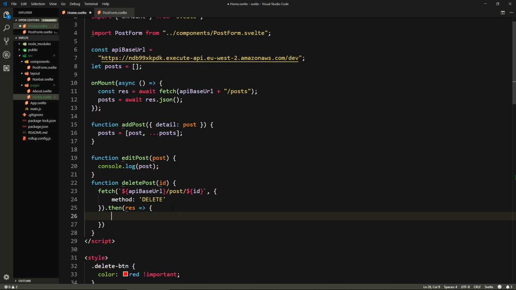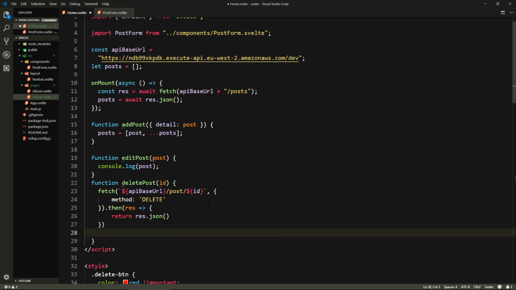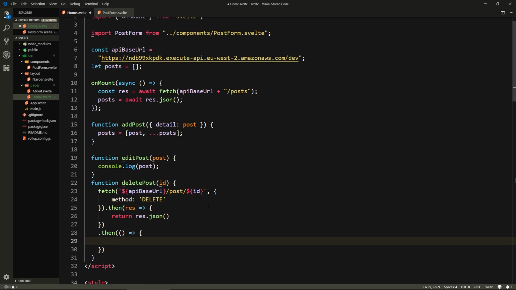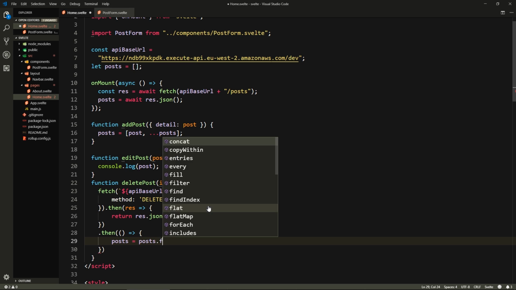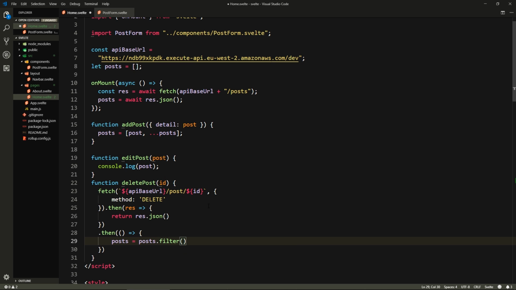In one of my projects, I'll still stick to one way of doing things to maintain readability. So here with the response, we want to return res.json like this, and then chain another .then. We don't actually need any of the result that's returned, nothing gets returned. So we just want to remove that post from our front end. So here we'll say posts equals posts.filter to remove that post,